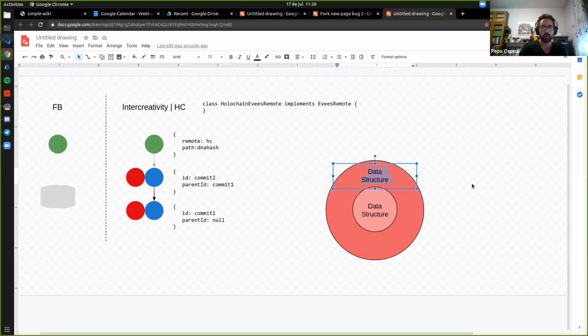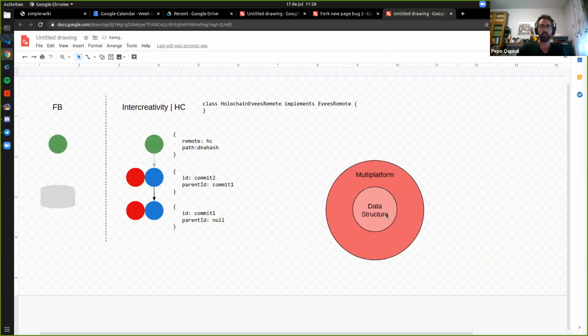I think here you will have multi-platforms. And this is the idea that in your app you are able to read objects that come from different providers.